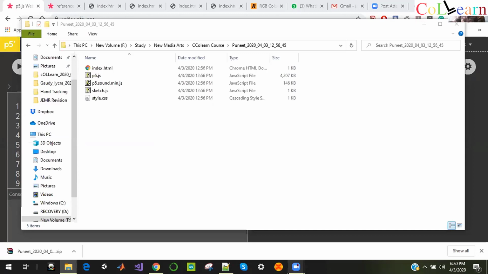So Manoj is asking how to open saved sketches on the editor. One thing is that your sketches will be saved here itself, so you can just go on open and they will be on the browser itself. But let's say you have downloaded it somewhere and you're opening it on somebody else's editor. You can go to open and click on the folder. The folder needs everything inside: the .html file, sketch.js, and everything. So that is how you open it.